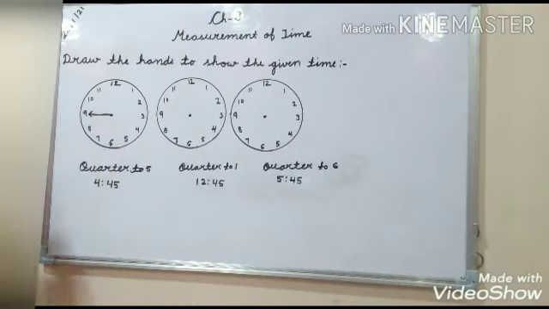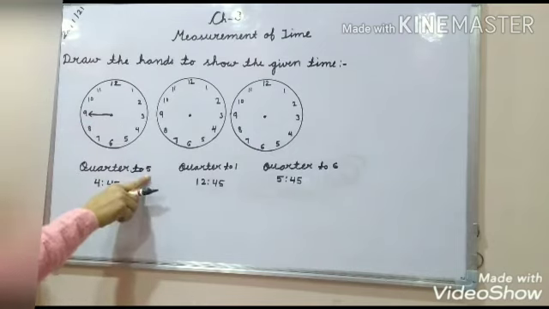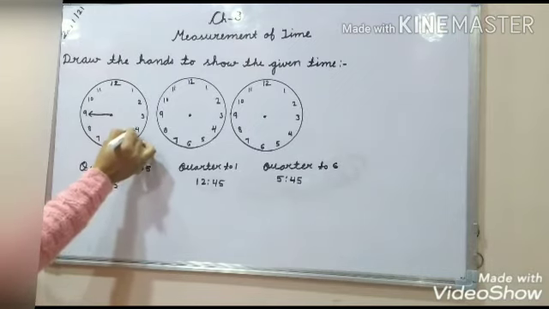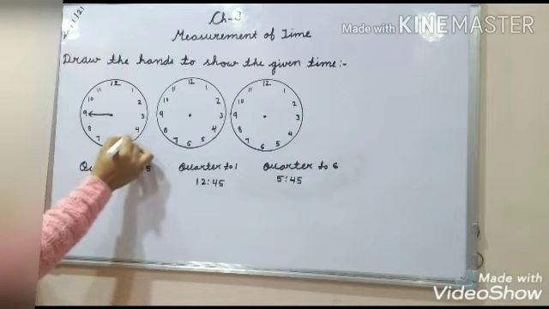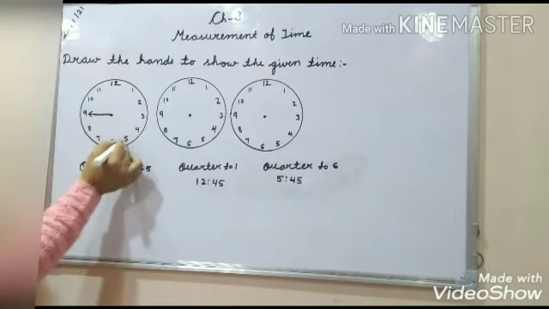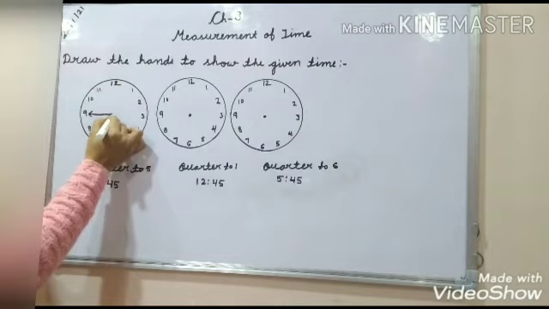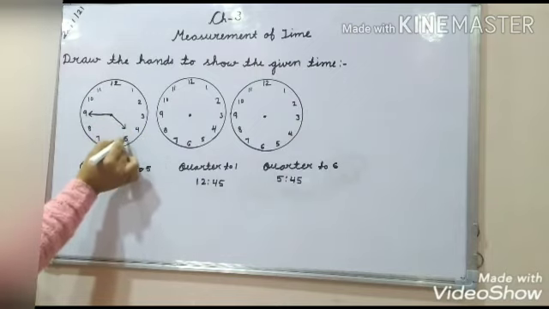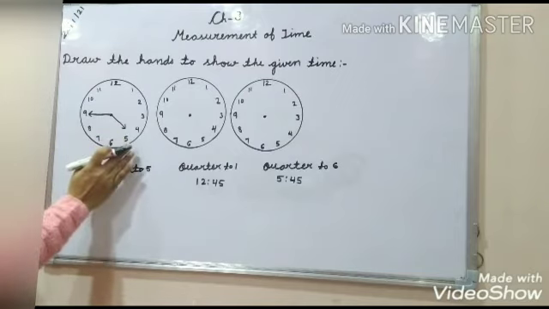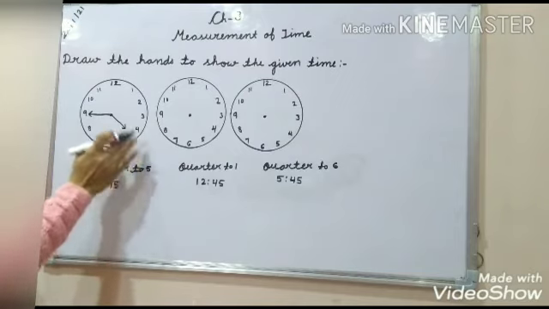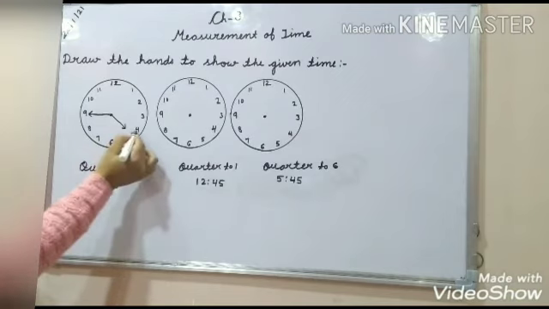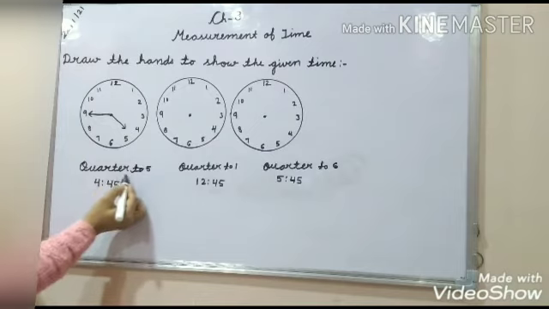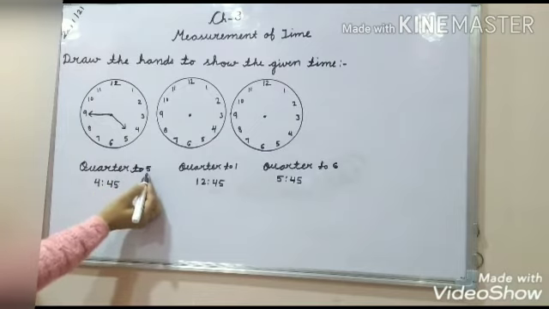And now where will the shorter hand be? It will be nearer to 5. Okay. Because the shorter hand has already left 4 and it is nearing 5. So it will not be exactly on 5. It is just near to 5. That is, the shorter hand we will make just nearer to 5, but not exactly on 5. So now the time you will say or write is 4:45. When we write it, we write 4:45. When we say it, it is said quarter to 5.